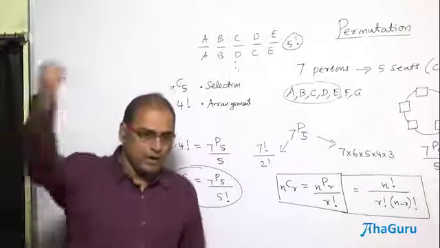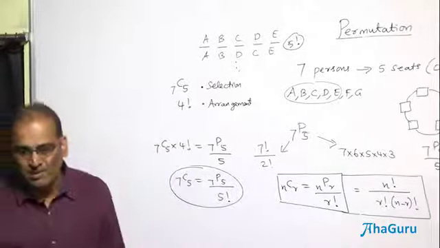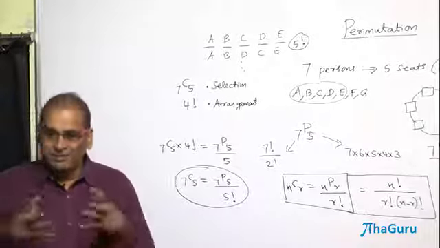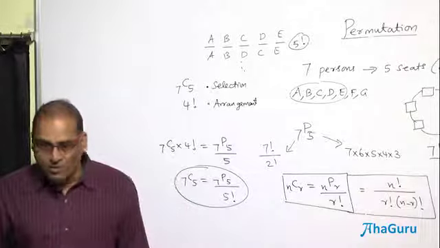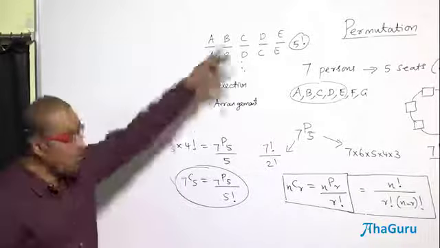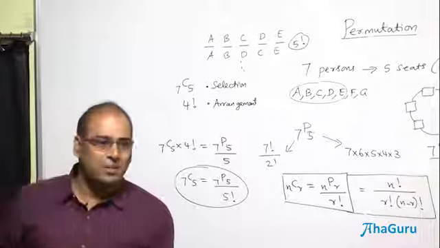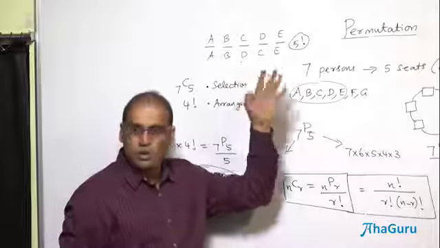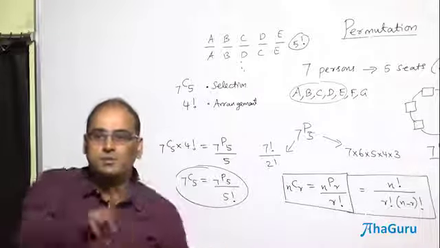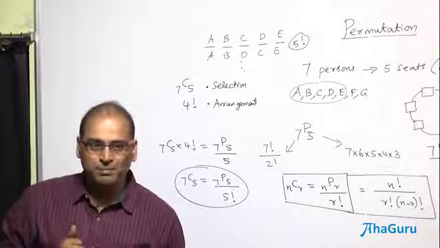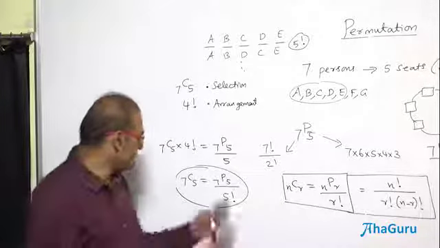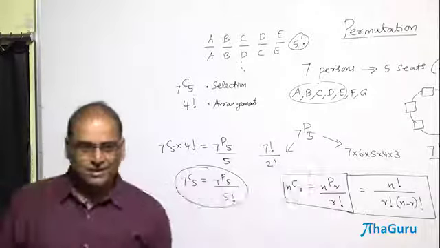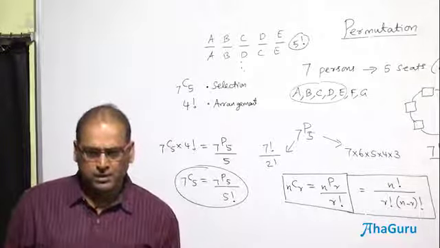Then, if you already know the permutation and want to come to combination, what will you do? Divide. But you should know how many arrangements you have counted for the same selection, because we don't want arrangements, we want selections. How many arrangements give only one selection? 5 factorial for 5 people. Every 5 factorial arrangements become one selection. So what will you do with that 7P5? Divide by 5 factorial. So you get 7C5. That way also we can argue. So I gave this through the circular. You can argue in many ways. Understood or not?